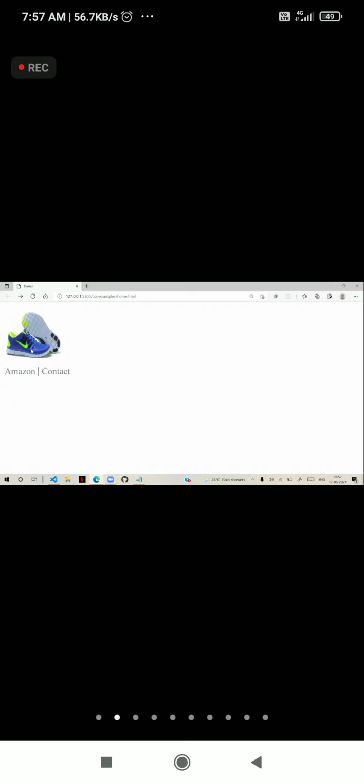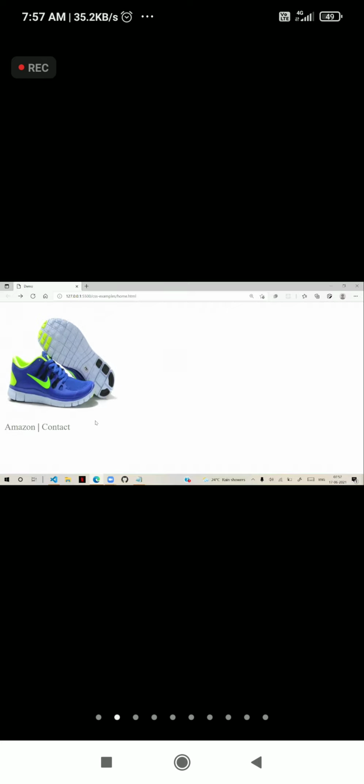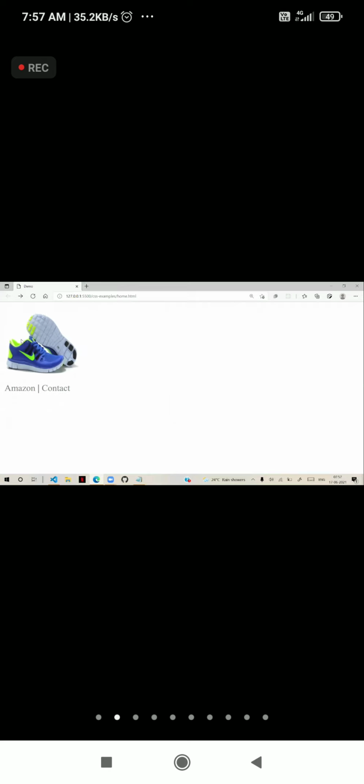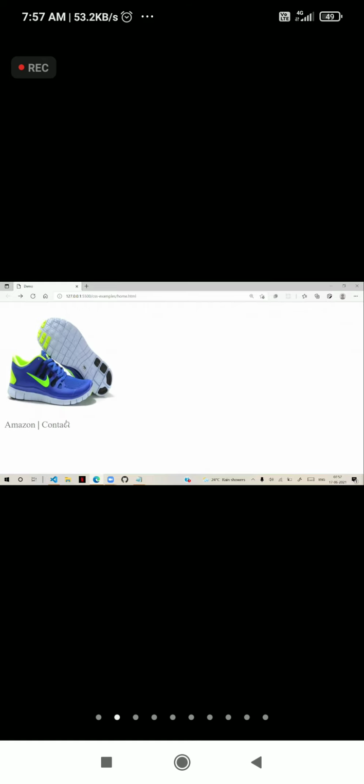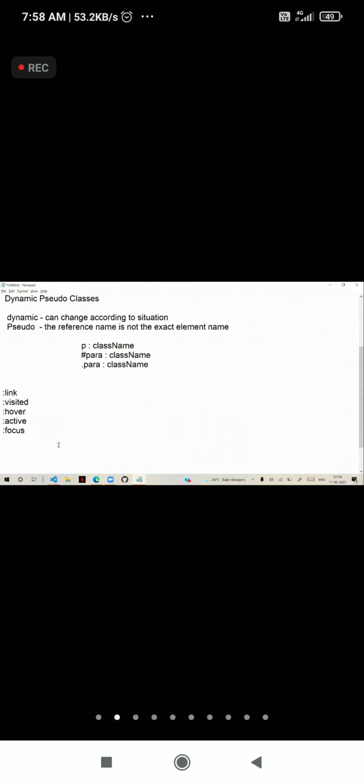That's how we can manage the effects. We can configure the effects. So this is technically hover. That means on mouse over, how we are defining. This can be applied for anything, for any content. So changing the effects for any content. So hover is not only for link, it is used for any element. But link, visited, active can be used only for link.